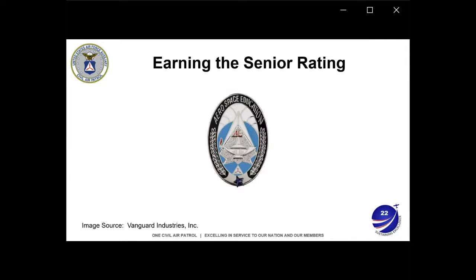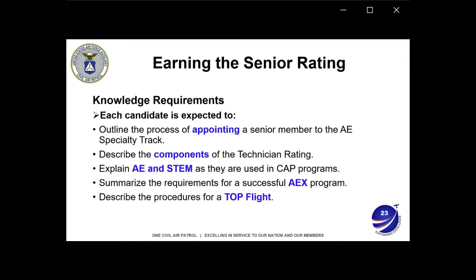So on to earning the senior rating. The knowledge requirements for earning the senior rating are: the candidate is expected to outline the process of appointing a senior member to the AE Specialty Track, describe the components of the technician rating that they earned several months ago, explain AE and STEM as they are used in CAP's programs, summarize the requirements for a successful AEX program,